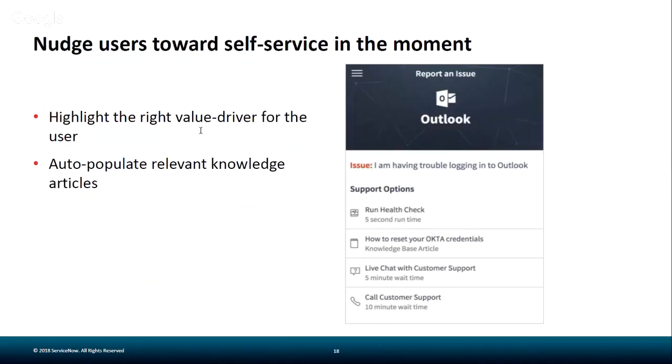The user reports an issue: I'm having trouble logging into Outlook, and he's provided with multiple different options to resolve it. Now, I know this is an advanced view, but it can be easily simplified. You don't really have to provide real-time data. You can simply provide average values, and that is easily doable. The important thing here is to highlight the right value driver for the user, one that the user cares about, which is time to resolution in most cases, but it can also be things like accuracy